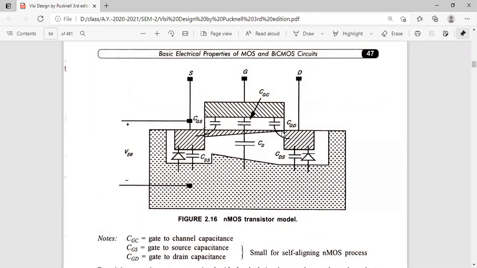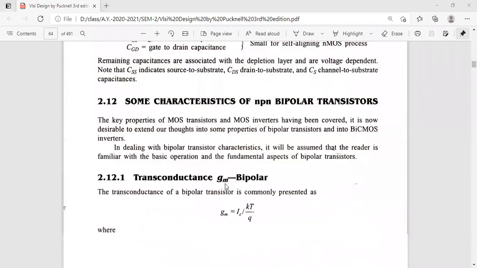They all are formed due to the existence of different types of regions. One may be N type, one may be P type, or another one will be N plus type. To form a capacitance, two regions should be there. To form a diode, we also have two regions, but we should have some amount of depletion region between them, so that it forms a diode. Okay, this is the NMOS transistor model.